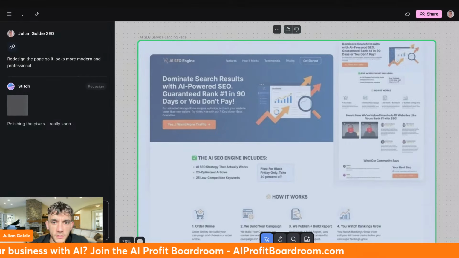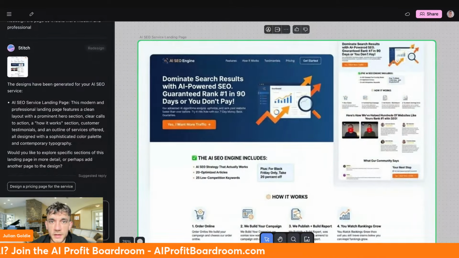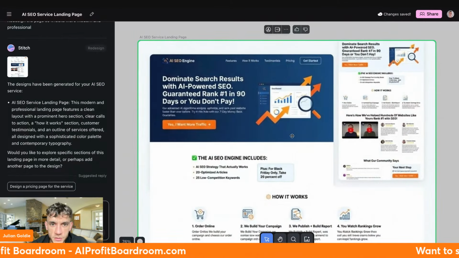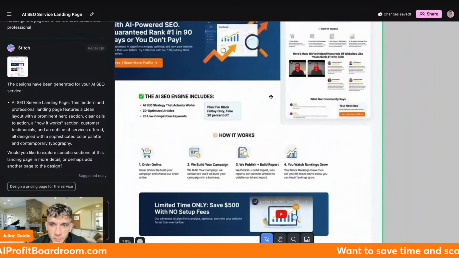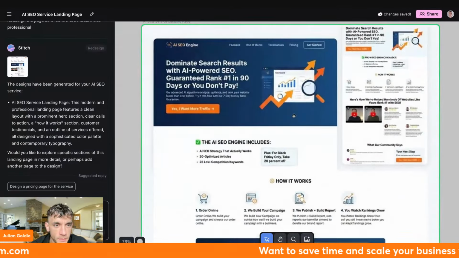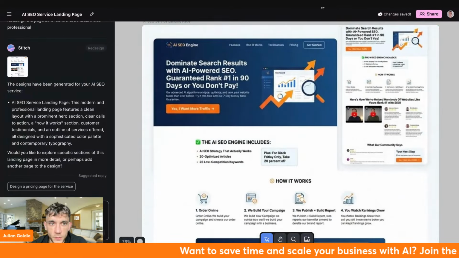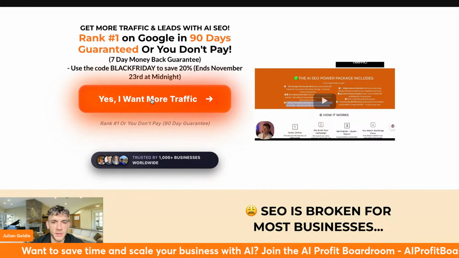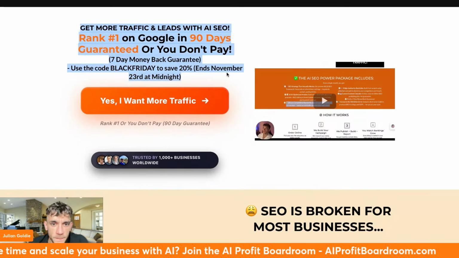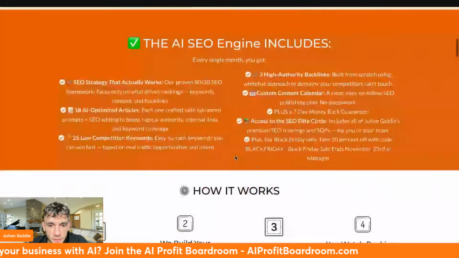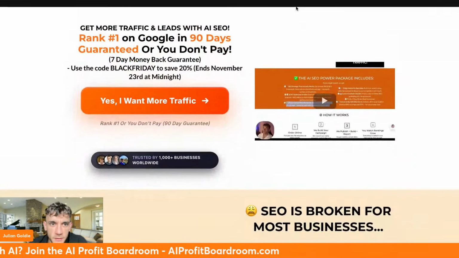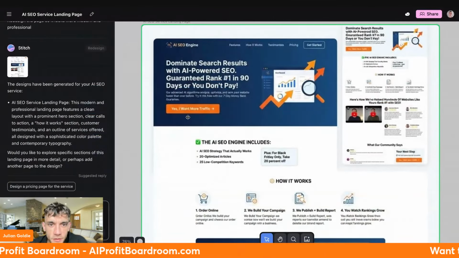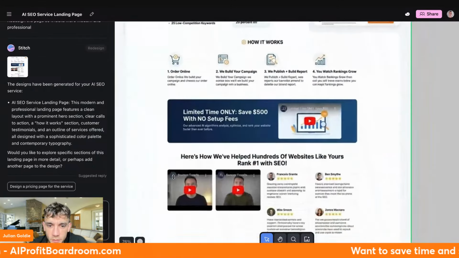All right, so now you can see that it's taken the information from the original page and designed it into this example right here. Now, it's quite different to the previous one. If we open this up, this is the existing landing page I have for Black Friday, and you can see the copy and everything like that is ready to go. If we go back to Google Stitch, the URL is totally different. So maybe it just can't work with